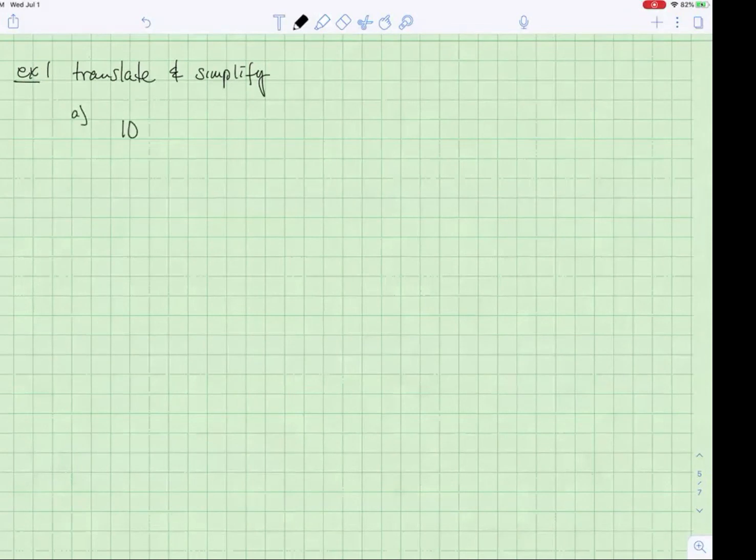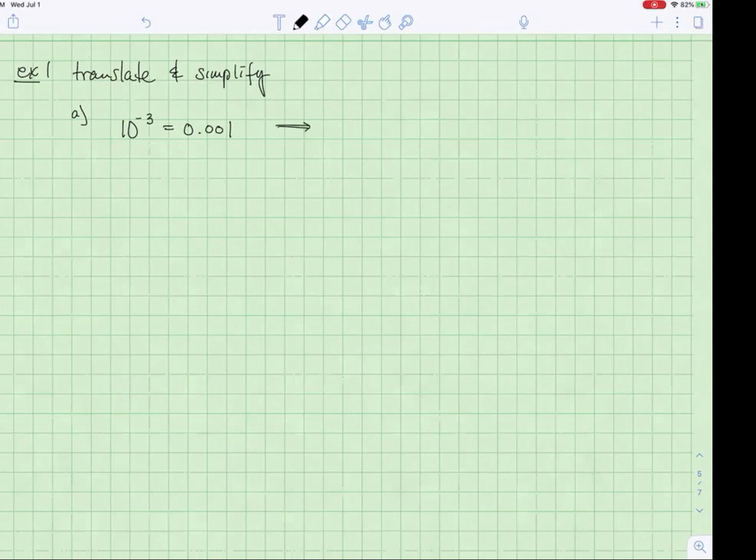A. 10 to the negative third is equal to 0.001. So there's nothing really to simplify here. That's a true statement. But if we translate that,